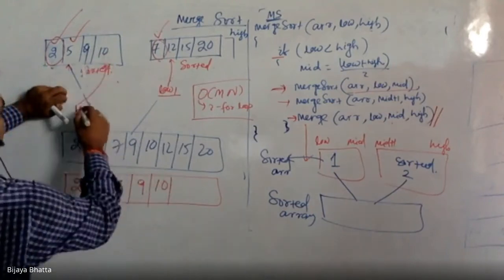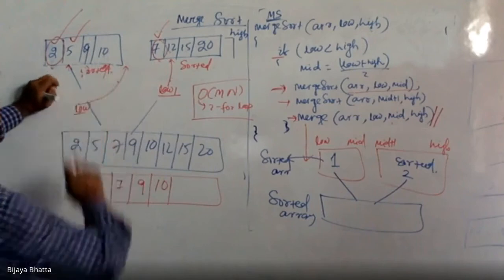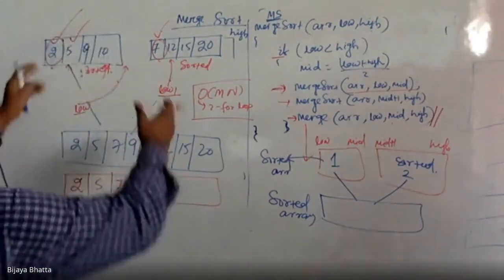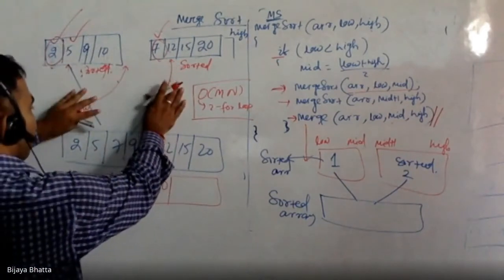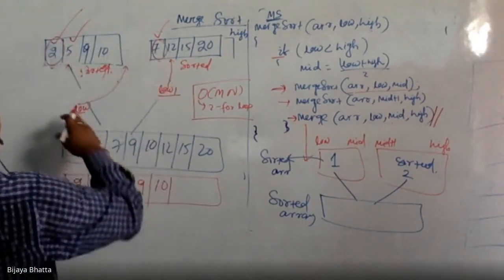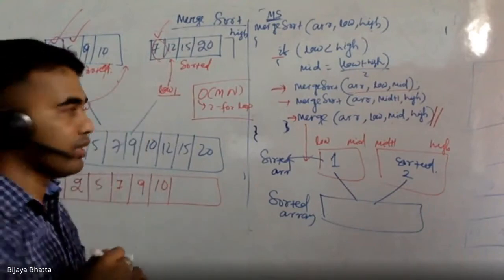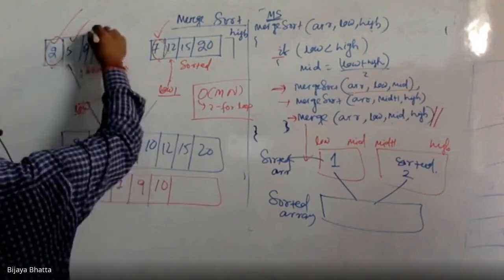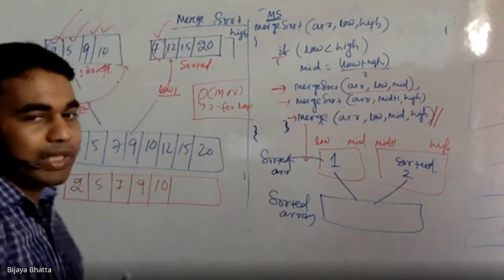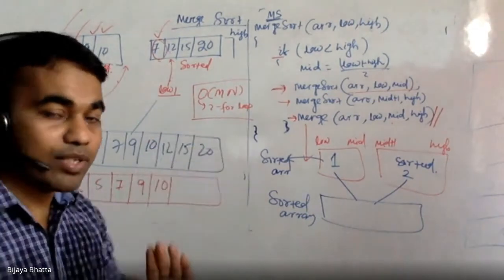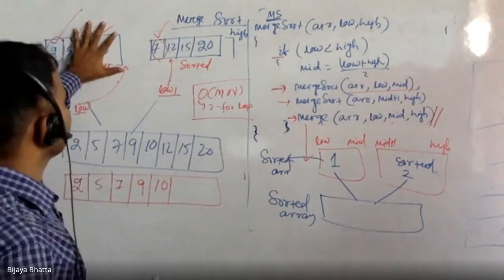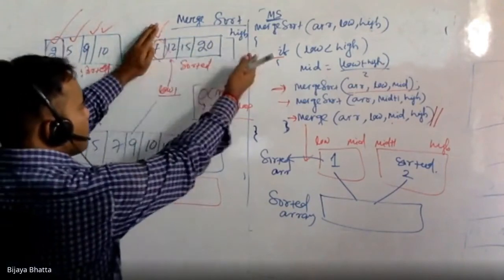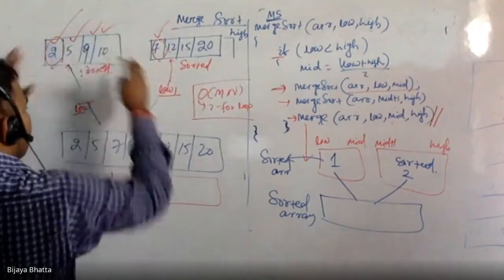Once this is the smallest, now you'll move also. But just try to see, this is step one, only one step. Just compare the pointer elements, whoever is the smallest, put it and move that particular pointer. That is step one. Step two is, now this particular subarray is already completed, meaning all elements are completed. Do I need a comparison? Think about this. There is no element present in this array, so why should I compare it? Obviously this is in sorted form, and this array does not contain any element.